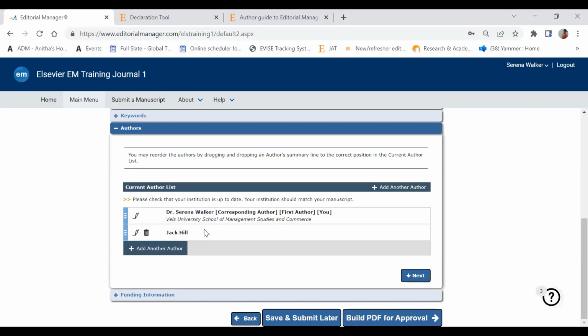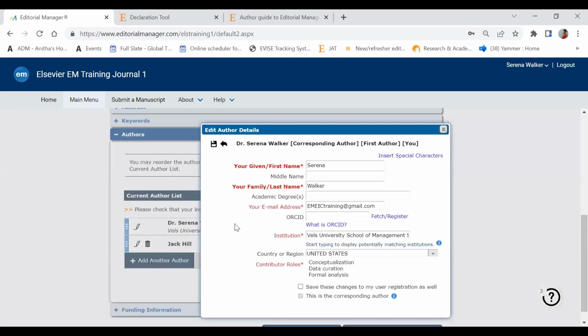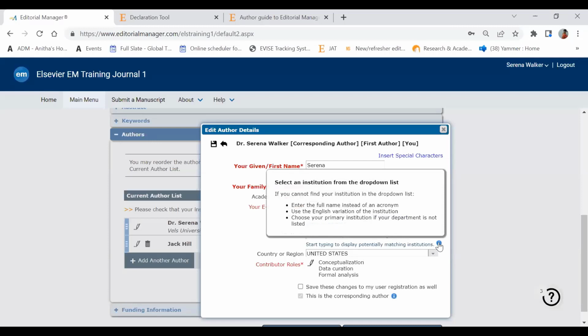And it is always essential. Let me just click on it and show you. Okay, so it's always essential to choose your institution from the drop-down menu, as you might be eligible for institutional and society discounts that can reduce your article publishing charges for gold open access. So if you can refer the info icon here, the eye icon here, which actually gives you some information on